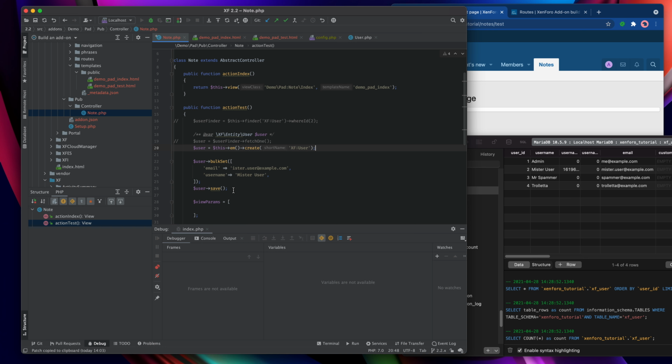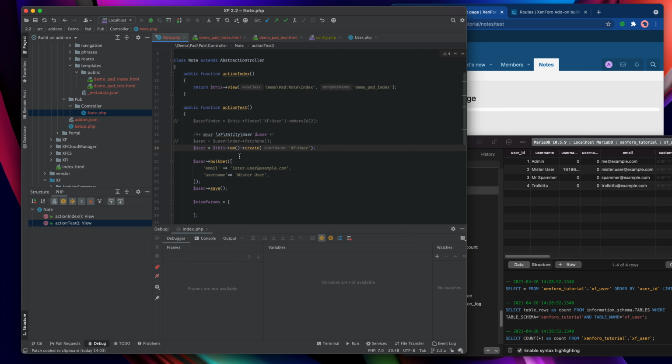The difference here being that the entity manager knows enough about the entity to know whether or not it's already represented in the database, and if it is, it'll run an update, and if not, it'll run an insert with exactly the same validation and error checking that you would expect from the update facility. So I won't actually run this now because that's not kind of the official way to create a user, and there's a user creation and registration service that actually does that job much better.